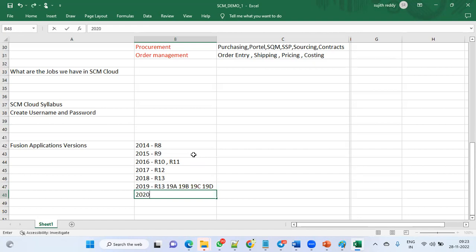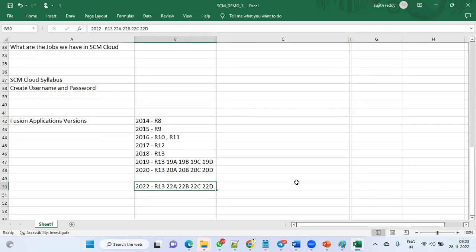When it comes to 2020, the version is the same, release 13, 20A, 20B, 20C, and 20D. Right now we are working in 2022. Again the version is the same, release 13. 22A has already completed. 22B is already done. 22C is already done. Now we are at 22D because we are in November. November means last quarter. So if anyone asks in an interview or when we are working, we can say